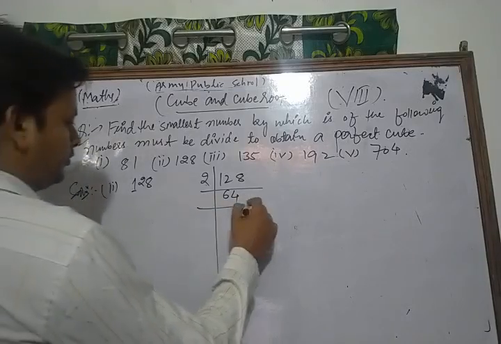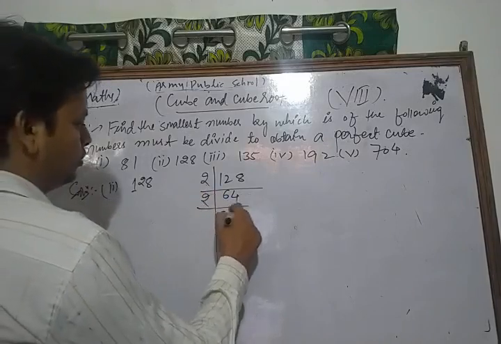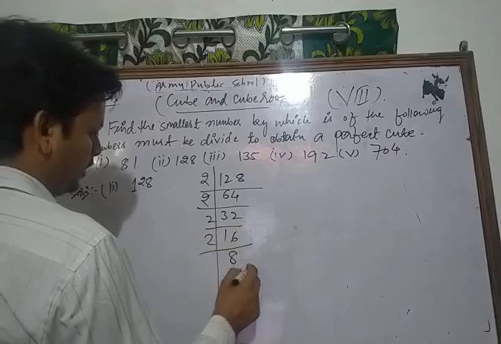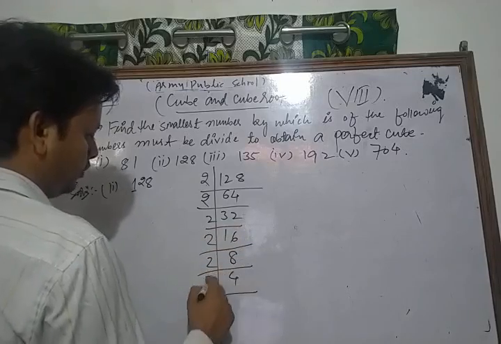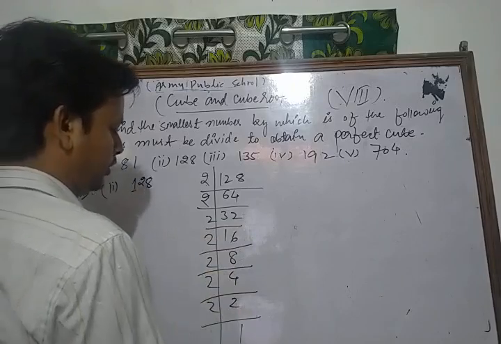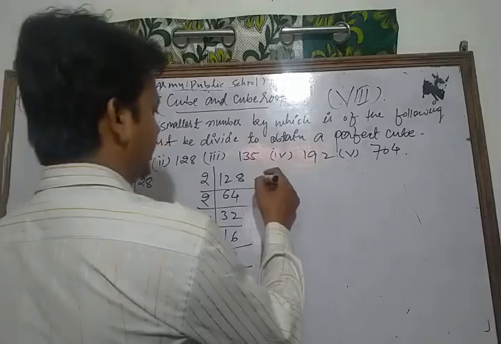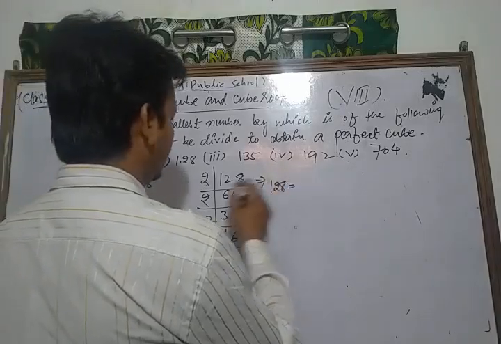Now again by 2, 2 threes are 6, 2 twos are 4, 16, 8, 4, 2. So in this way we do its prime factorization. Thus we can write 128 as